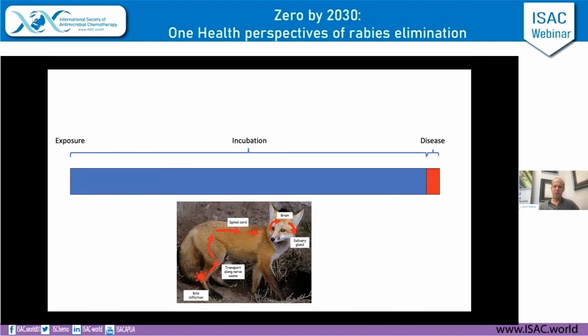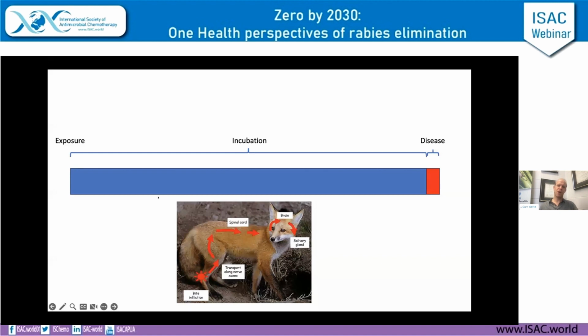And this was covered a little bit before, but again, just to remember, when we're thinking about transmission, whether it's a reservoir or a vector, we have a fairly short-term period where we're worried about transmission. This virus is maintained in reservoirs, and the majority of reservoirs that harbor this virus are not diseased yet and are not infectious yet, right? They get exposed, they get bitten, the virus migrates the nervous system up to the brain, then migrates down to the salivary gland. It's not until the virus is migrated to the brain that could cause clinical disease, and until it migrates to the salivary gland that it can become infectious.